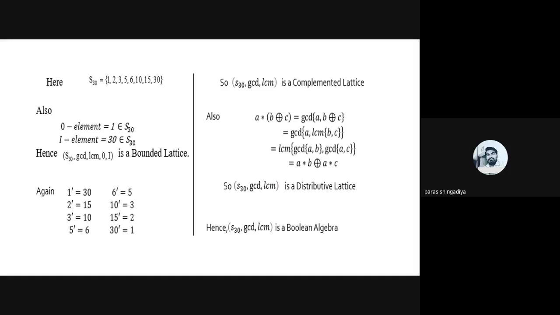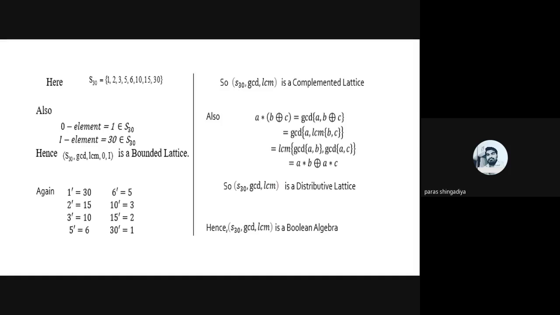Clear? If it is a complemented lattice, then we'll say it is a Boolean algebra, because we can easily prove any set which includes GCD and LCM, intersection and union, minimum and maximum, is a lattice, and we can also check the distributive lattices. We will directly use the result that for intersection and union, GCD and LCM, minimum and maximum, they all are distributive lattices as well as lattices. But this point is important here, and based on that, we'll check whether it is a Boolean algebra or not.